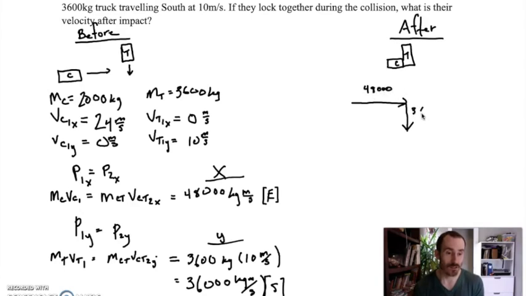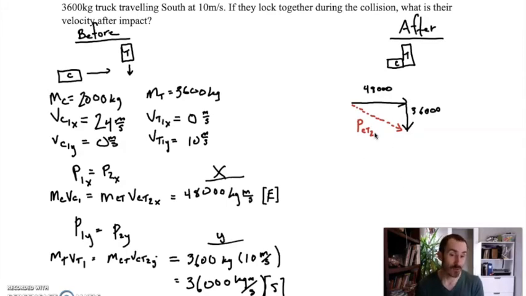The total momentum of the car truck is going to be those things put together. So this is P of the car truck at the end, PCT2. All those subscripts. So when we put those two things together,